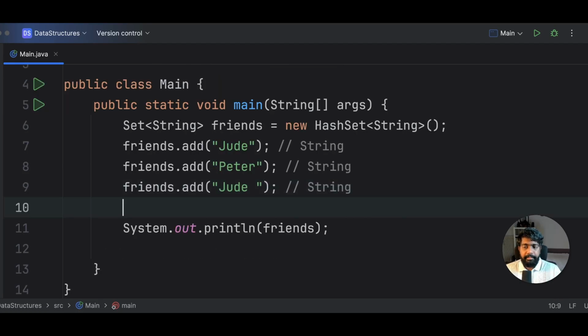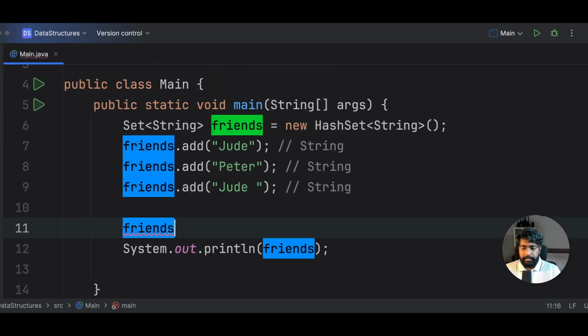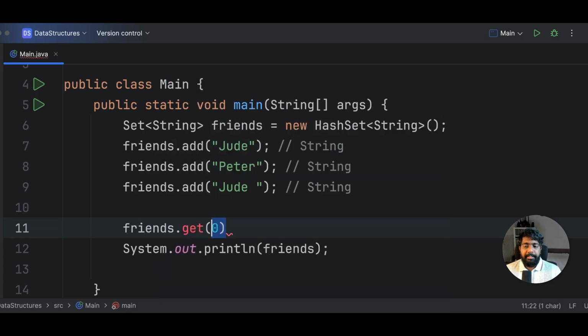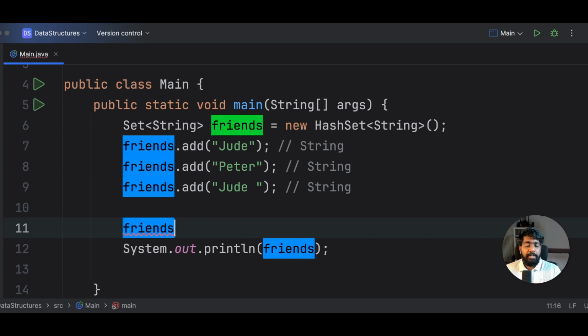Let's try to read the values. However, when it comes to a set, you do not have the get method like in the list. So there is no get method to directly access a single element. So make a note, whenever you are dealing with a set, you cannot directly access an element from that set. The only possibility that you can read a set is through looping or iterating through every object inside that